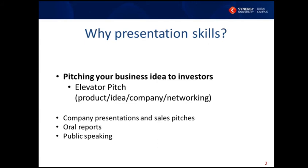So first of all, you'll of course be looking at your pitch to investors, which is very important to present your business idea, obviously, to attract funding for your venture. Another thing that is very important is that you understand that this presentation could be 10, 15, 20 minutes, but at the same time, we're looking at shorter presentations, which are elevator pitches, where you would be pitching your idea